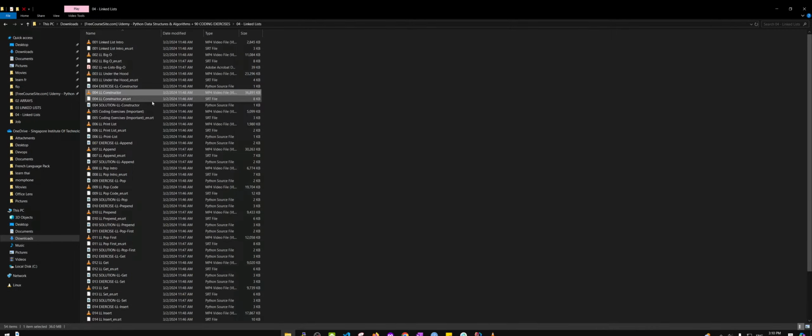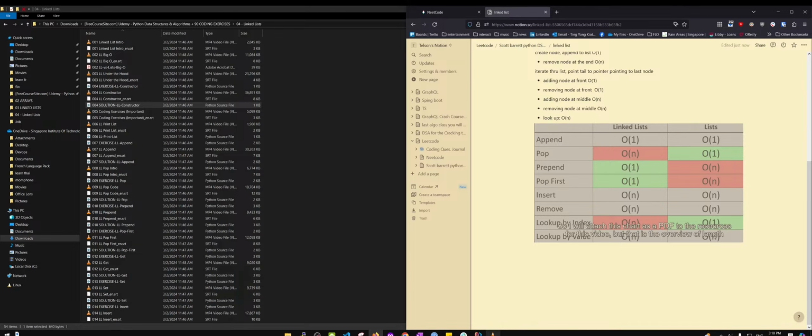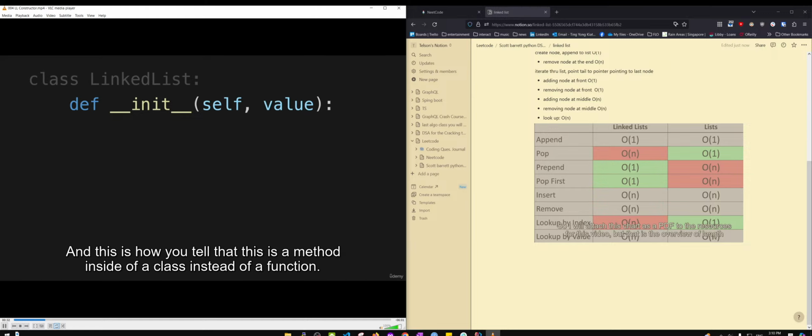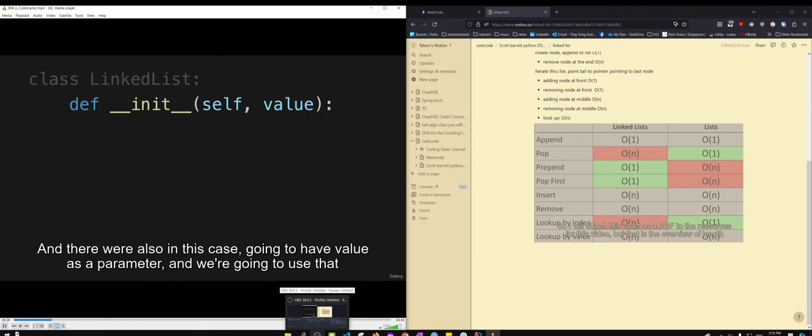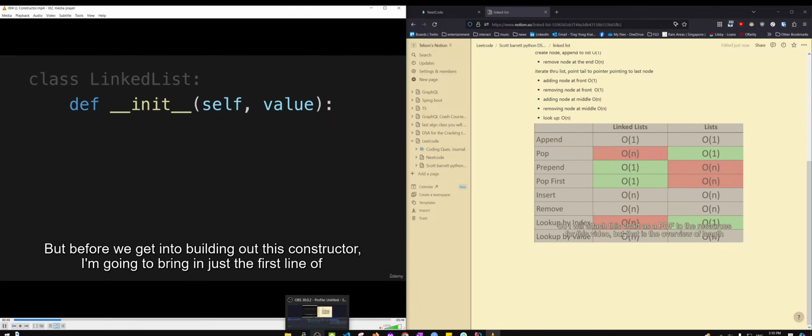Like this. And we saw this in the class video that we start with a double underscore, then init to initialize this, and another double underscore, and that there's always going to be self as one of the parameters, and this is how you tell that this is a method inside of a class instead of a function. And then we're also, in this case, going to have value as a parameter, and we're going to use that to create the first node at the time that we initialize the linked list. But before we get into building out this constructor,